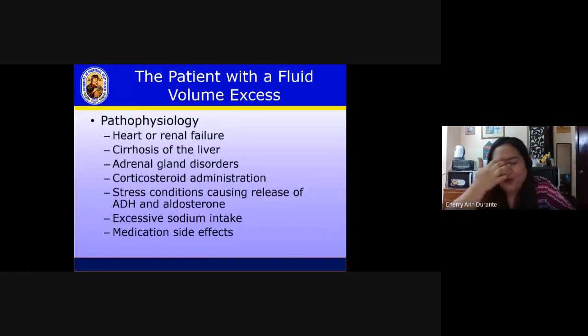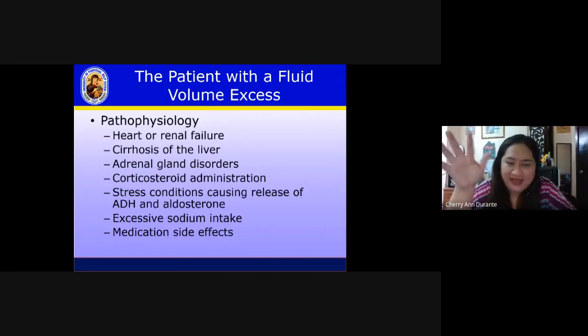You have corticosteroid administration, because corticosteroids lead to fluid volume excess because of aldosterone. Aldosterone causes sodium and water retention. So yun din yung Cushing's. Then you have stress conditions causing the release of antidiuretic hormone and aldosterone, excessive sodium intake, and side effects